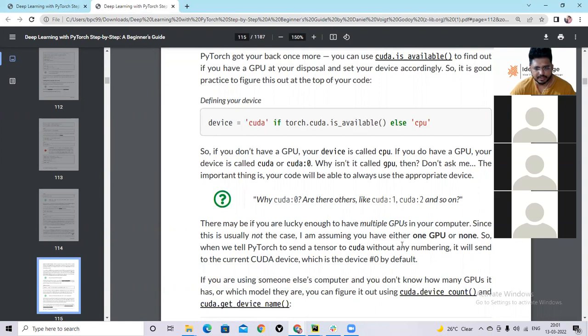Then, as I said, you can select a batch of data and process it on CUDA 0, select another batch and process it on CUDA 1, and that way you can do parallel processing to achieve maximum speed.